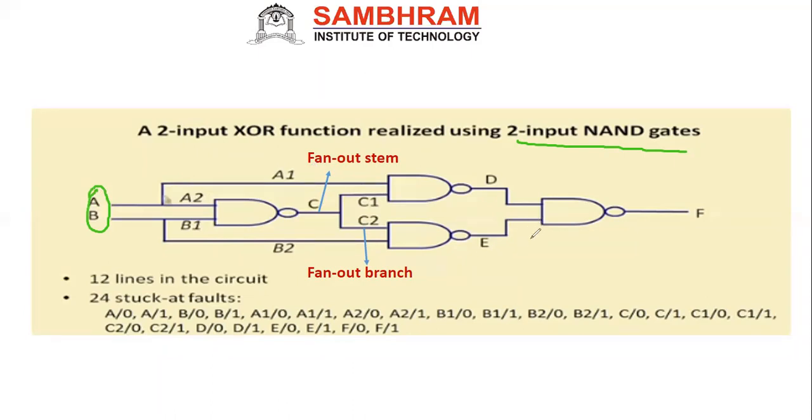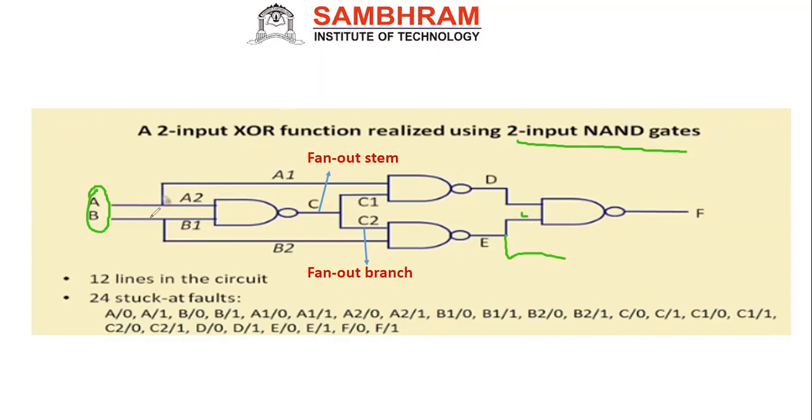That is why I'm not taking anything extra, the same thing is going. If one more line goes like this, then this will become E1 and this E2. Finally is F. Now here, how many lines are there in this? We have to say how many lines totally. 12 lines. How 12 lines?